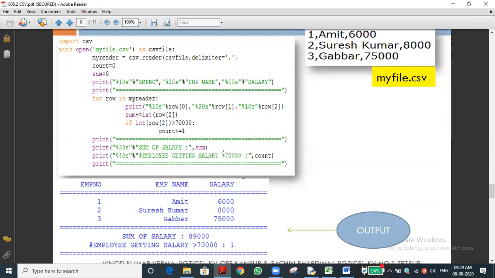This is a very important case. This is also one of the things they will ask in the practical program. I already said: binary file, text file, CSV file. From each of these three concepts, definitely they will ask a program. Three programs they will ask, so that is a very important case. That's what I am saying: practice all the programs.